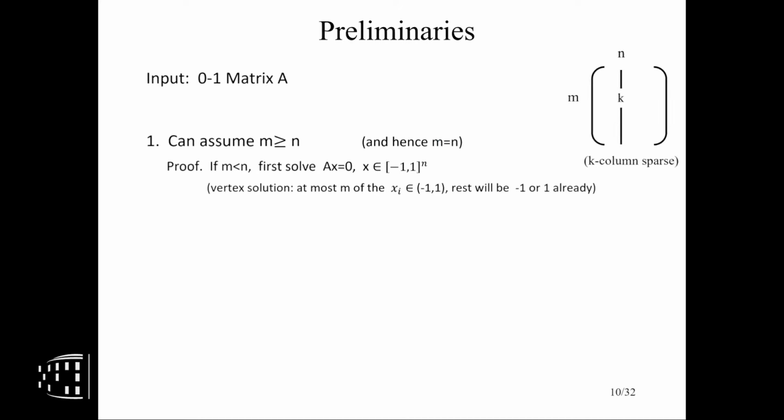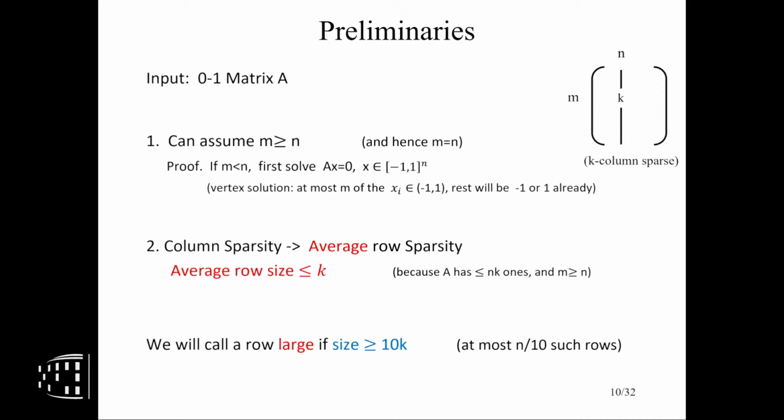So let's set up. You can forget the whole story I told you, and let's just focus on the problem. You're given an m by n 0-1 matrix with k column sparsity. Here is one standard trick in the area: you can assume that m is at least n, and then you can add empty columns and assume m is equal to n, some cheap hacks. So basically, you can think of this as a square matrix. Those of you who know, let me not get into that. Basically, if you have many more degrees of freedom than constraints, you can first solve a linear system and reduce it. Okay, but let's say it's a square matrix. It's a cheap trick, but it immediately buys you something very important.